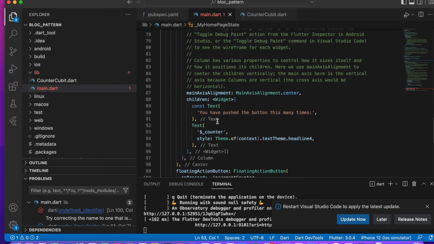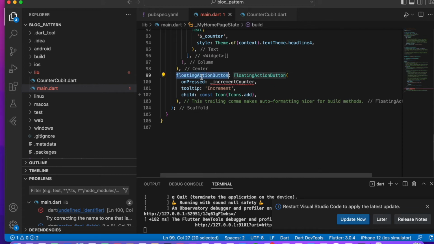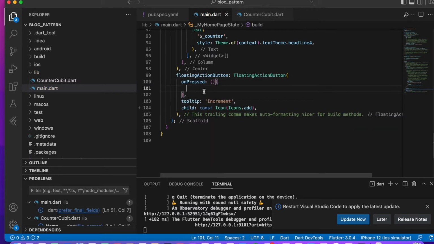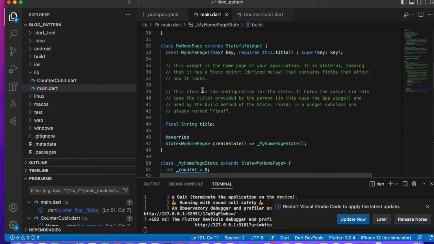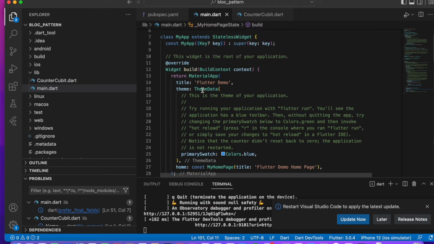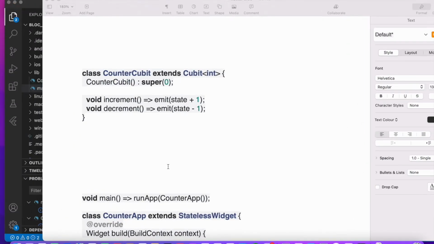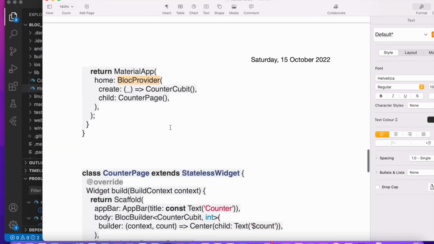We have one error below in the floating action button. onPressed requires a method, so let's pass an empty method here, and over here we will write some code. I will tell you later, but first of all let's use the BlocProvider. Okay, you will use BlocProvider